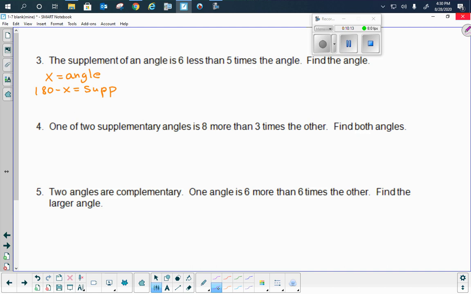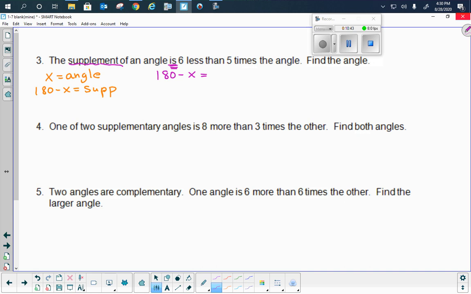All right, the supplement of an angle. Ooh, this one's different, right? It jumps right in. The key word you hit first is supplement. So we just said when you see the word supplement, you write 180 minus x. Let me make that look a little bit more like a 180 minus x, I hope. There you go. So the supplement of an angle, that's the same thing, is keyword equal sign,